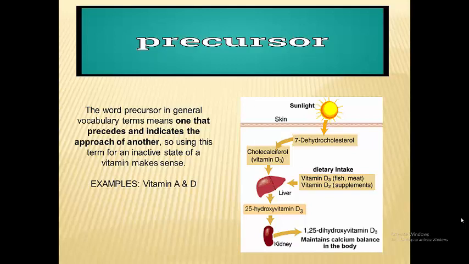So think about this. If sunlight is the way we were designed to make it, and we don't get enough sunlight, there's a pretty good chance we're going to be vitamin D deficient. There's not a lot of vitamin D in foods. There are some foods that have more than others, but that's still not a lot. You still probably wouldn't eat enough of those foods to get enough vitamin D to meet your needs. So some degree of sunlight exposure is necessary.